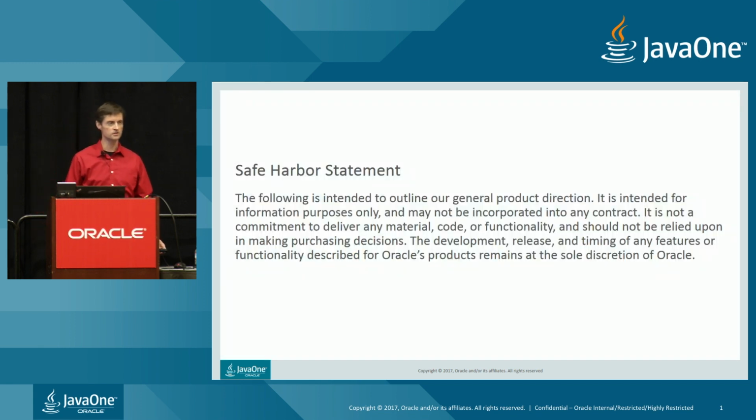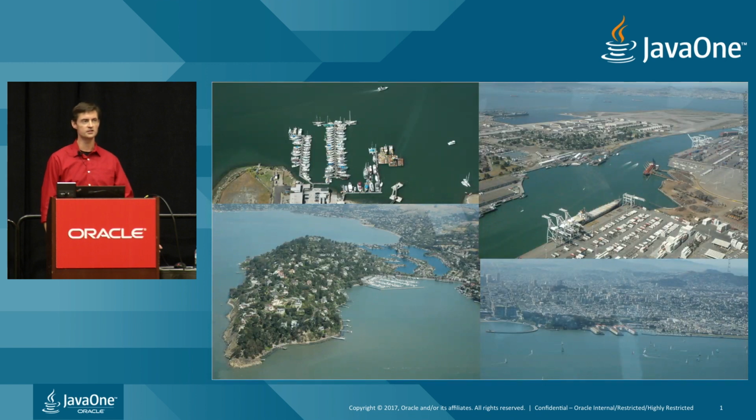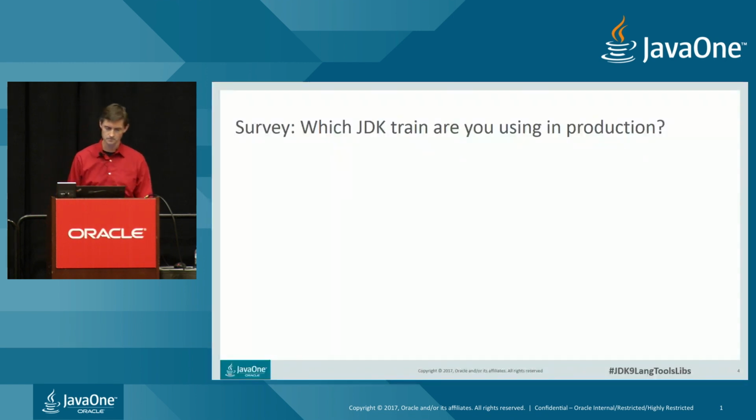So this is Oracle's safe harbor statement. It lets you know you shouldn't put too much trust in what I have to tell you here today, especially regarding forward-looking statements. However, since the talk is about JDK 9 and JDK 9 just shipped, there aren't very many forward-looking statements in this talk. It might get a bit repetitive seeing Oracle's safe harbor statement throughout the conference. If you want some tips for alternative safe harbors in the area, I'll be happy to provide those afterward.